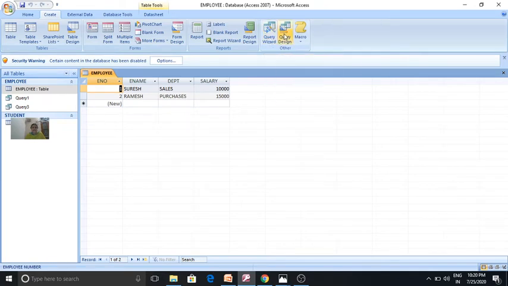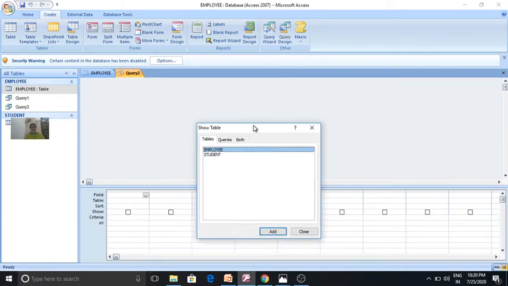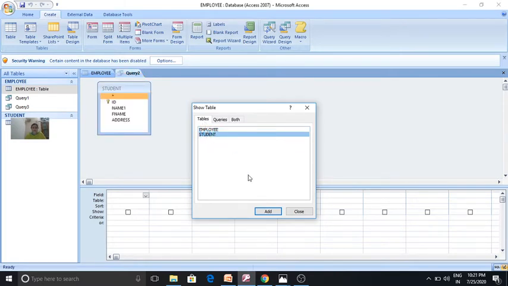There you click on query design. You can see a show table dialog box opens here, where there are three tabs: tables tab, queries tab and both. You can click on the tables tab and take a table. Suppose, for example, I'm taking a student table.